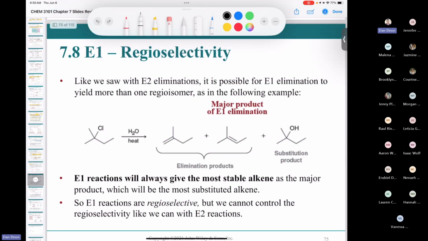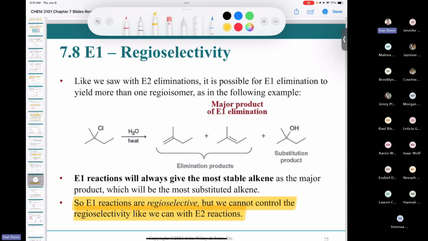Now, if you're wondering about regioselectivity, you guys remember Zaitsev and Hofmann? With E2, we could control which isomer we got, by choosing a hindered versus an unhindered base. It turns out that with E1, there's no way to really control it. It says here, E1 reactions are regioselective, but we cannot control the regioselectivity like we could with an E2. With an E2, I'll pick a hindered base, which means I'm going to get the Hofmann product. I'll pick an unhindered base, which means I'm going to get the Zaitsev product. Well,